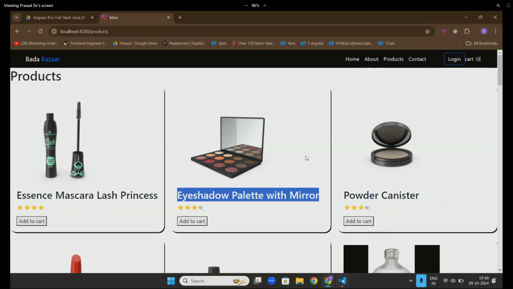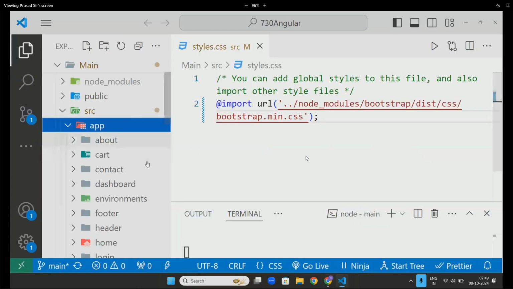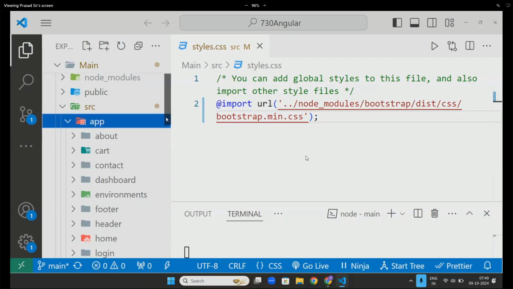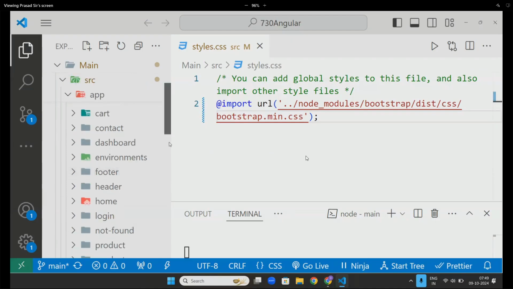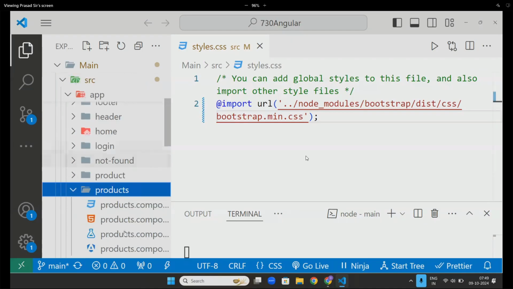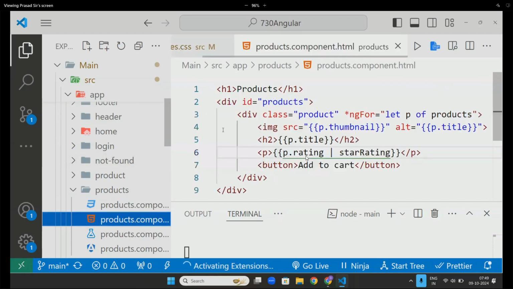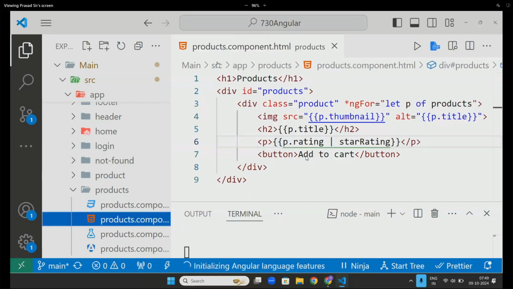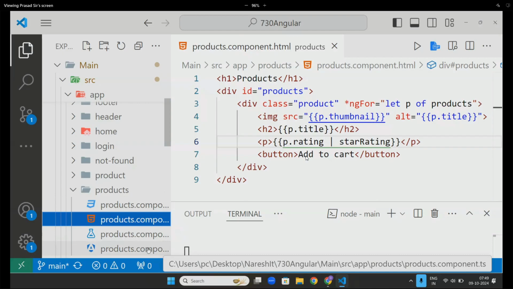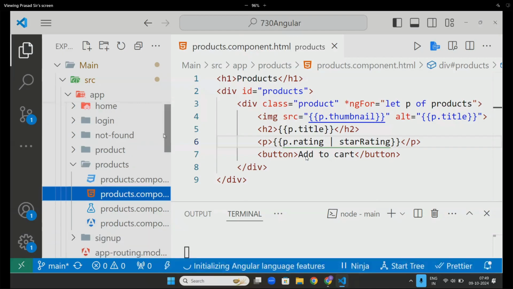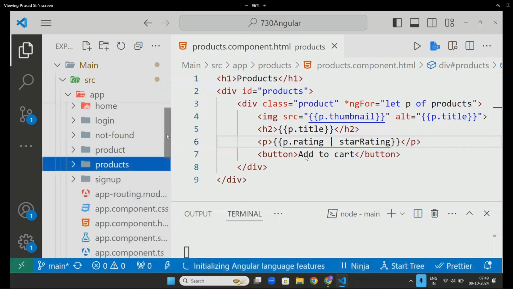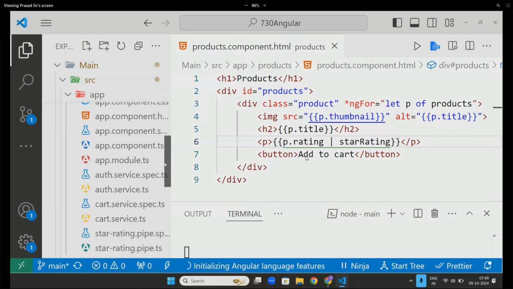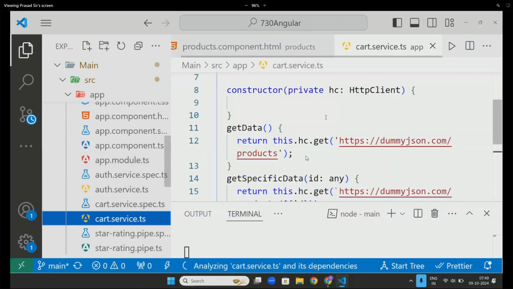Let's do it quickly. Along with this, if you have any doubts, you can ask me, and please refer to the interview questions also; you will get a better idea. First I will go to the service, because once the service is over, you can put in the remaining parts very easily. I created one service called cart service.